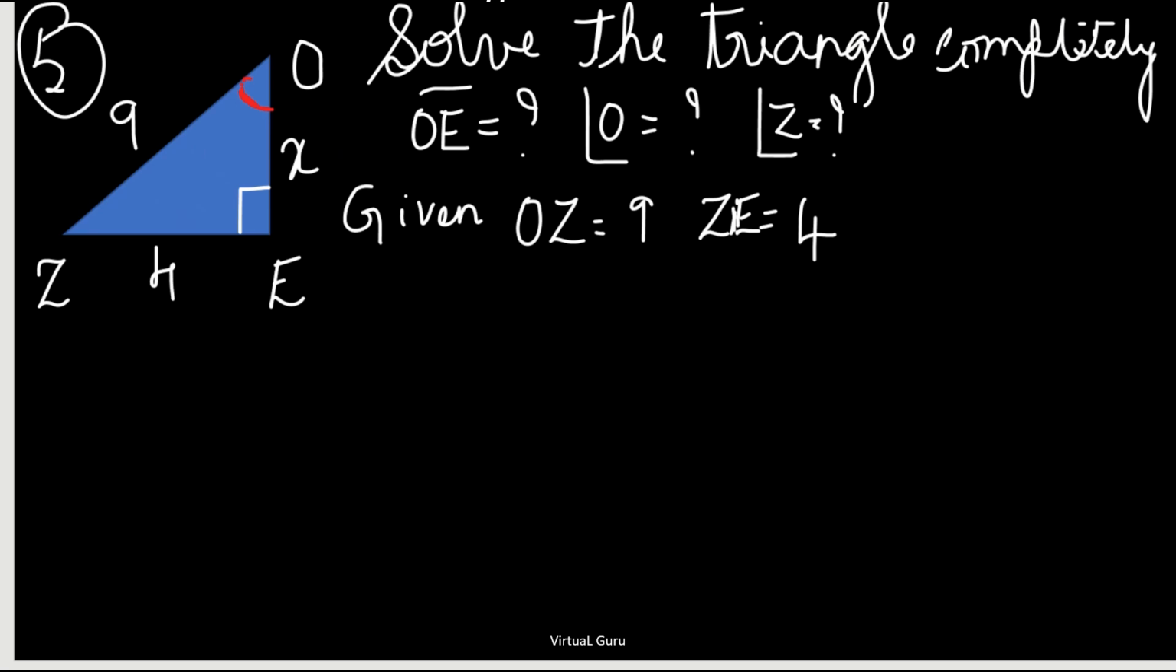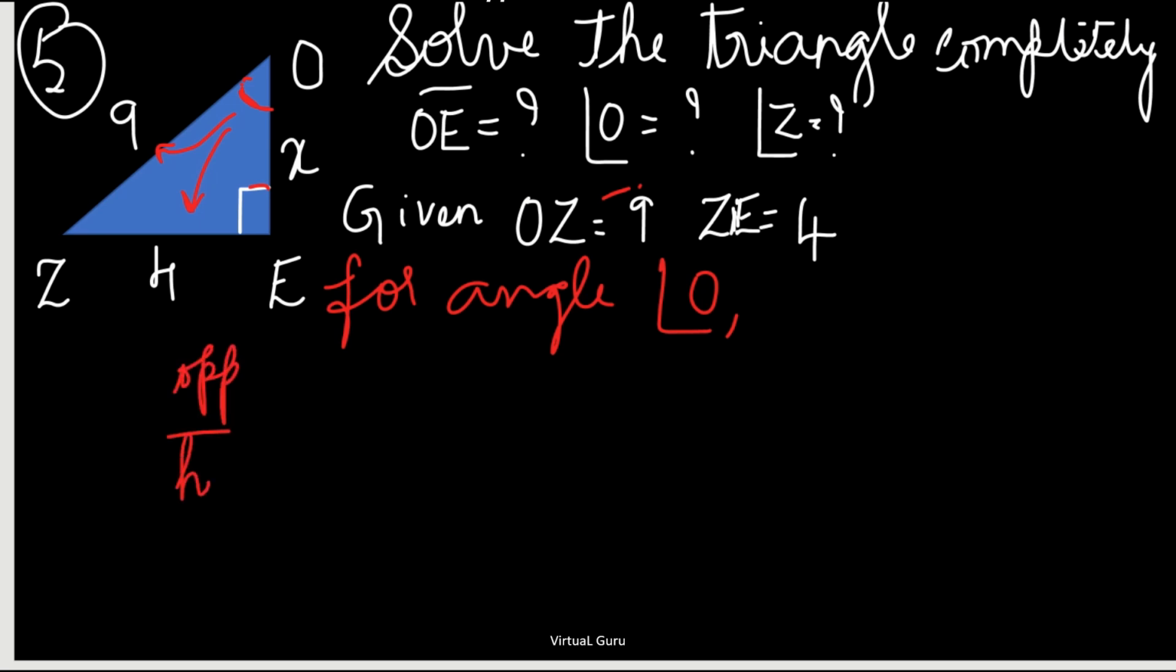Okay, now we are going to find angle O. So how are we going to do that? This will be our initial aim. I'll color red everything associated with angle O. So for angle O, we can see that what is given with respect to angle O is opposite and hypotenuse, isn't it? This is the hypotenuse. So we know opposite and hypotenuse,